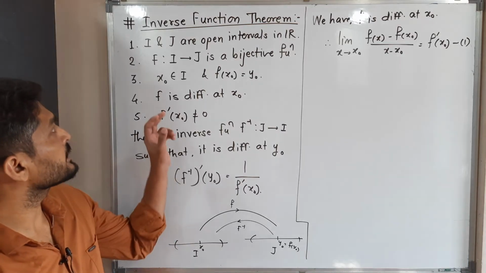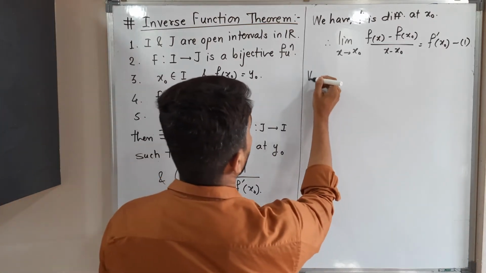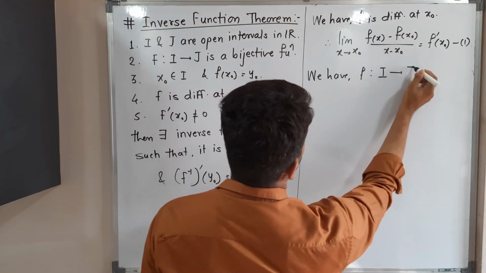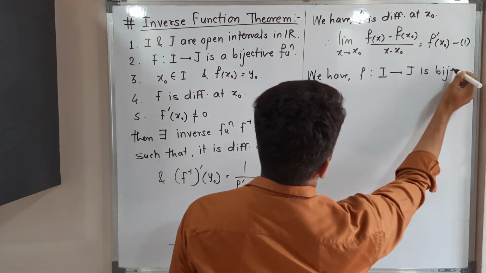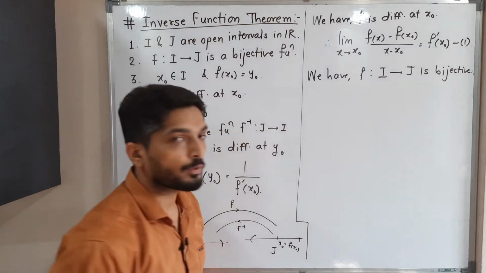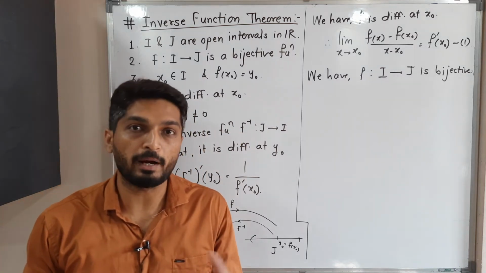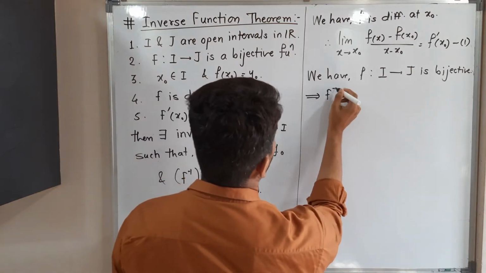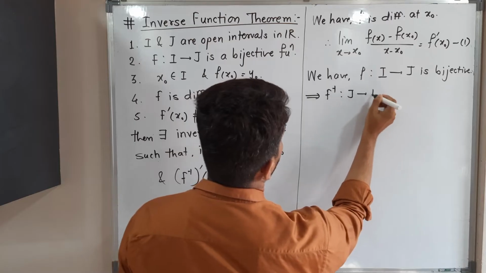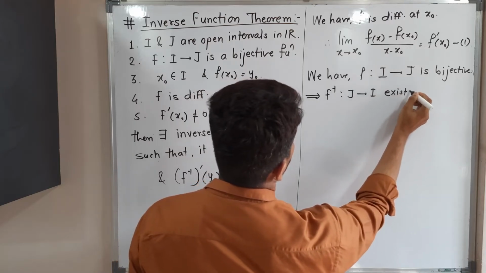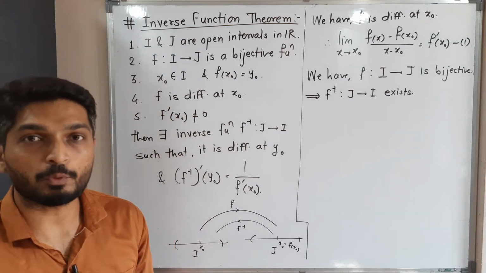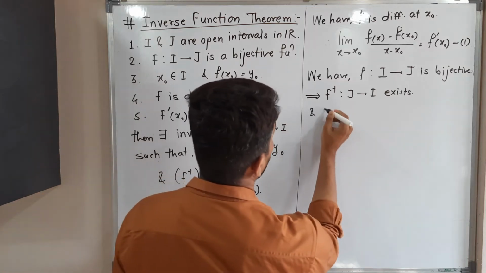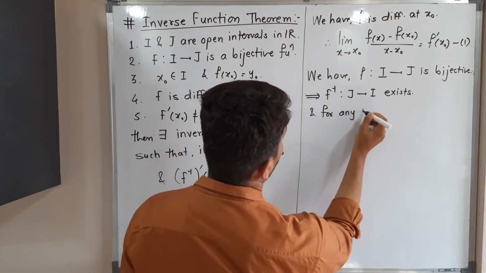The second important thing is that function f from I to J is bijective. Bijective means one-one and onto. If a function is bijective, its inverse also exists. This implies f inverse from J to I exists. And the second important thing is that the function is onto, so for any y belonging to J,